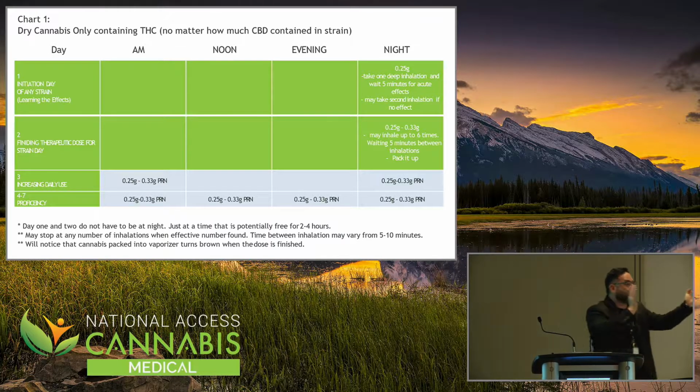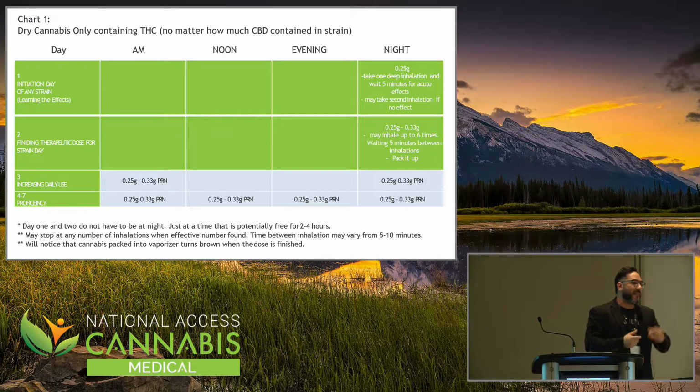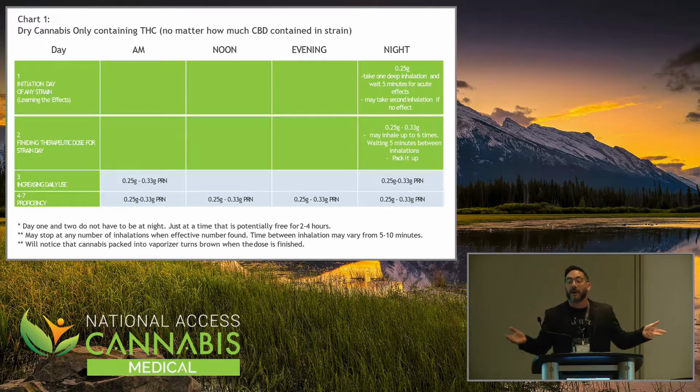So you don't have to use all 6 of them. Let's say after 2 inhalations, they found that their therapeutic dose was 2. So that's their therapeutic dose. Chart it down in their diary. It doesn't have to be 6. 6 inhalations is when the amount that they've loaded the cannabis into the vaporizer with will be used up. That's when it becomes done. Make sense? But you're starting low, going slow.